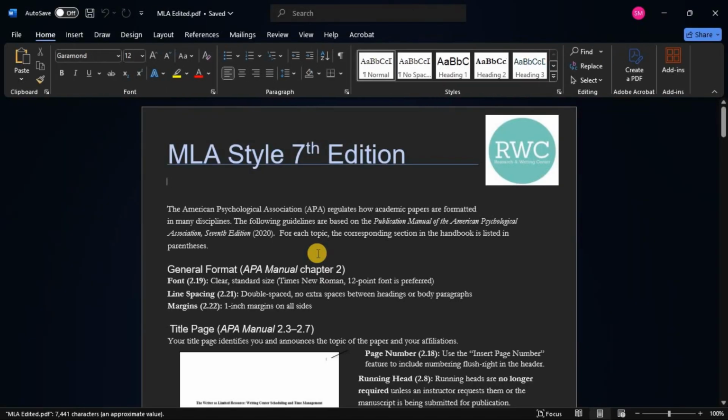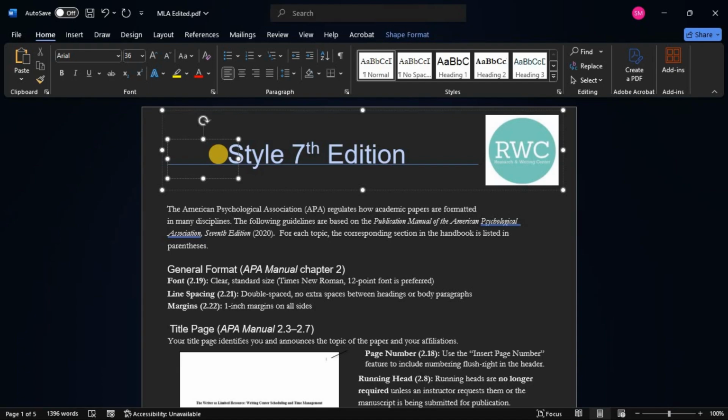So as you can see, it has opened the PDF file. So you can also edit this PDF the way you want to edit it. So let's say, for example, I want to change this to APA. Then after you have finished editing, in order to save it as a PDF file again, you just